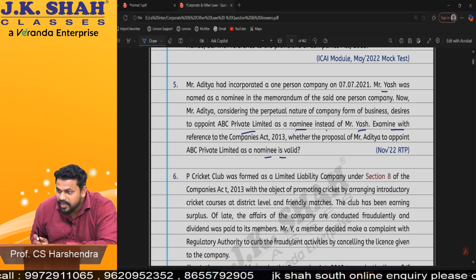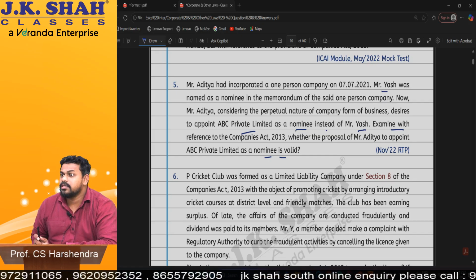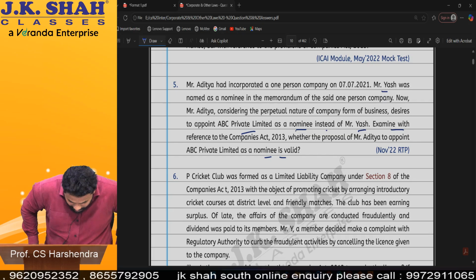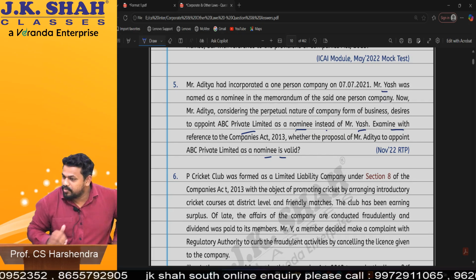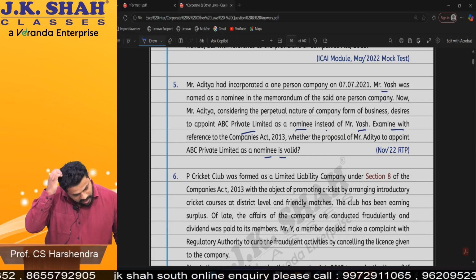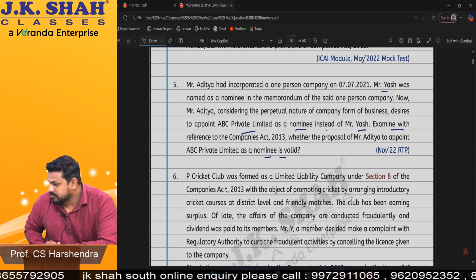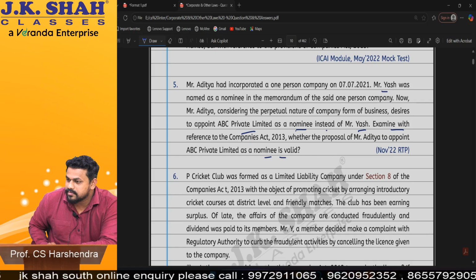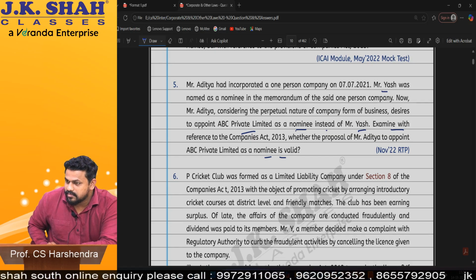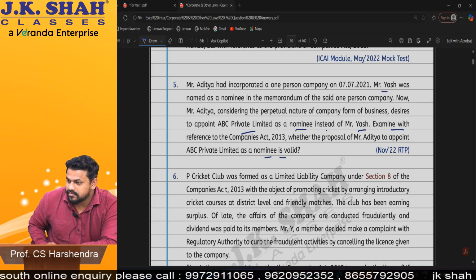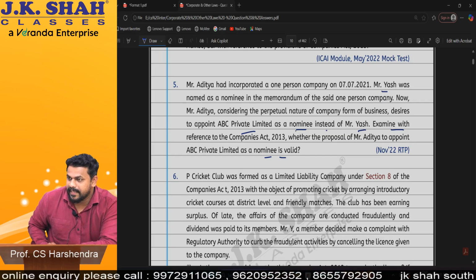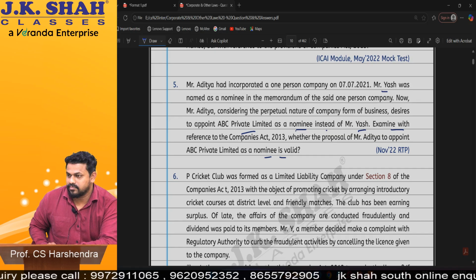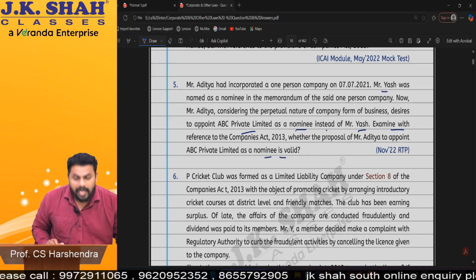In an OPC, are the company and the member the same person or separate entities? It's a company, so it is a separate legal person in the eyes of law, not a sole proprietorship. Okay. You joined late or what? Some people joined late, I know. I hope I'm clear.